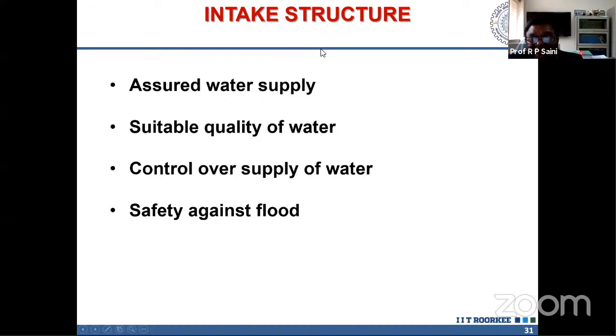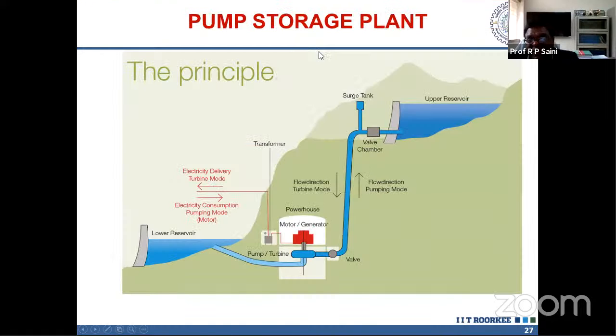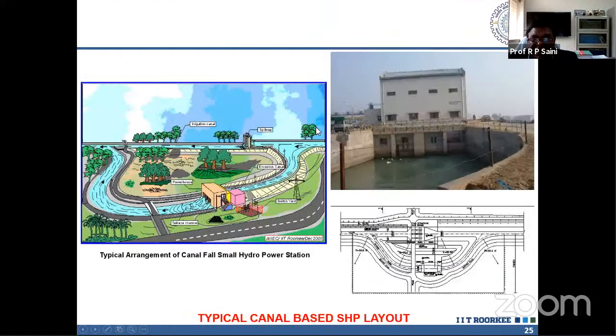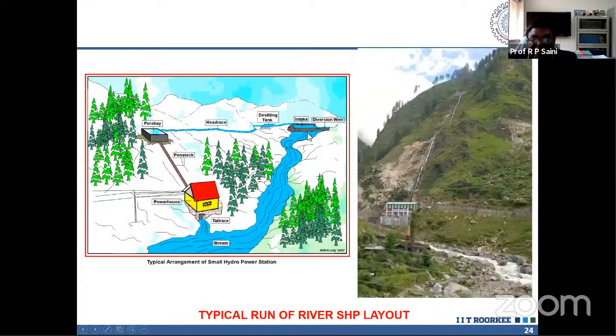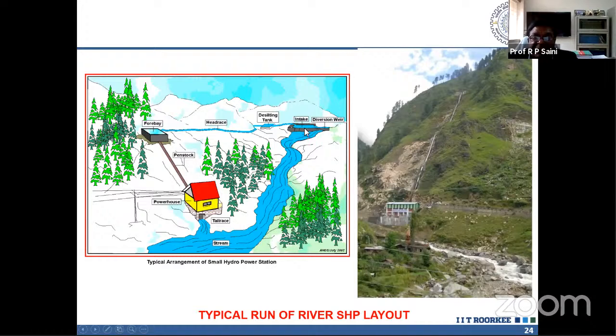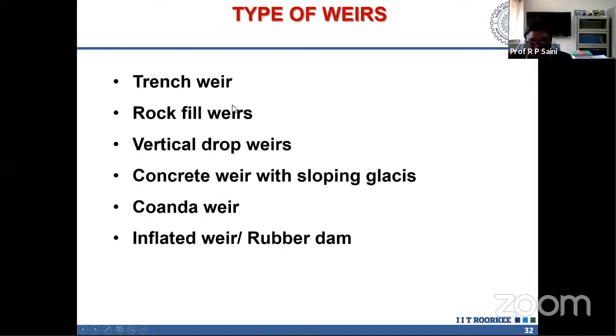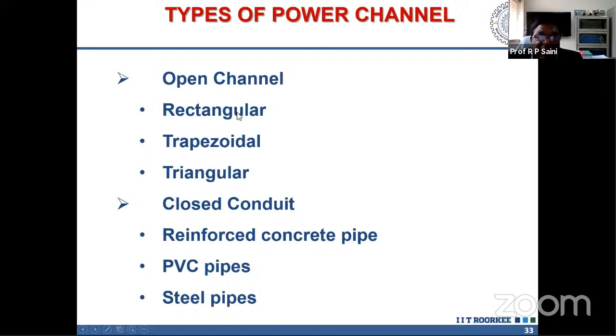What is that? Intake structure. Okay, intake structure. So this is the intake structure, that diversion. That means a small dam you have to put across the channel so that the required quantity should flow in this power channel. That also comes in different types. Again, it is civil engineering; there's no time to discuss all this, but I'm just giving the flavor of that. So what type of channel, and this